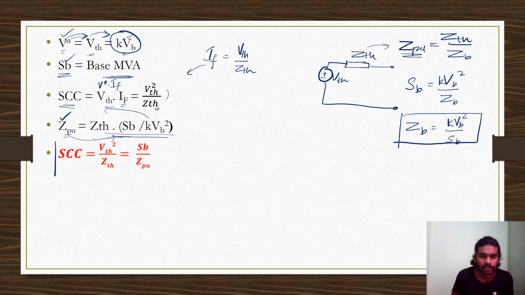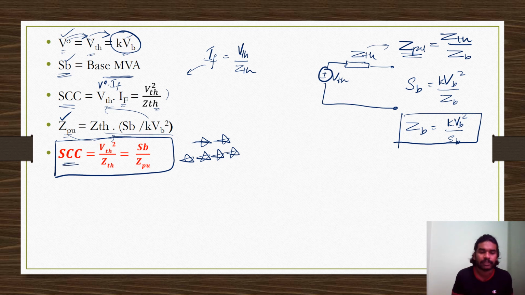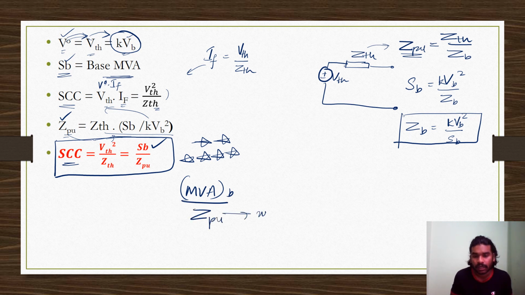So finally, I get short circuit capacity as this equation. Please remember this equation is very, very important. Our main purpose is to determine the short circuit capacity, and this is the formula for short circuit capacity. What is the short circuit capacity of a system? Base MVA or SB, what I have written here, divided by Z per unit,